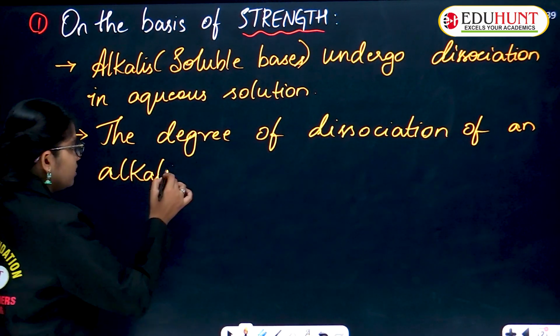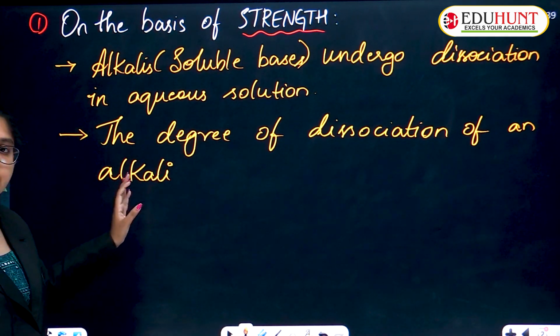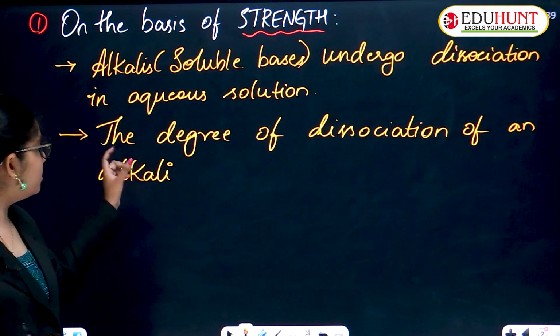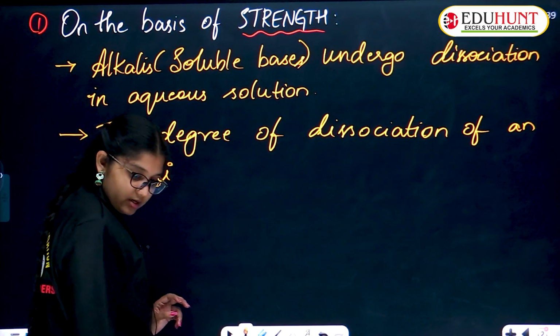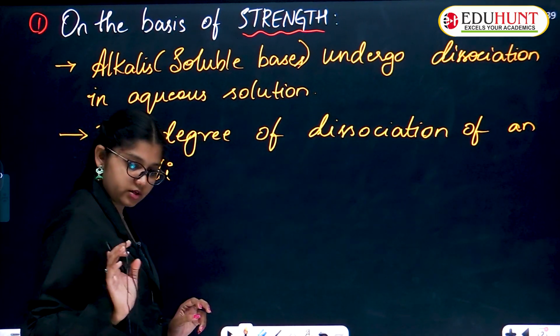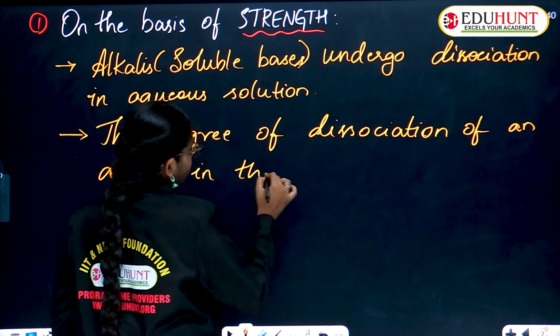After the dissociation, it will have a calculated value. For that I am telling you again, the degree of dissociation of an alkali in the soluble bases, the degree of dissociation of an alkali in the aqueous solution